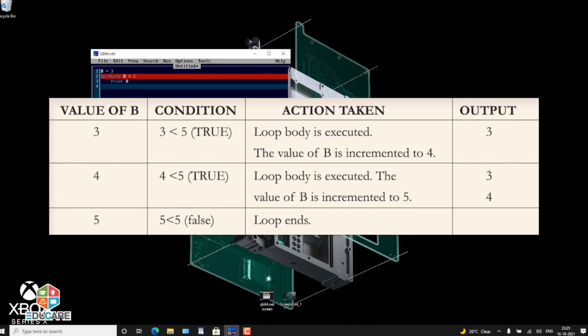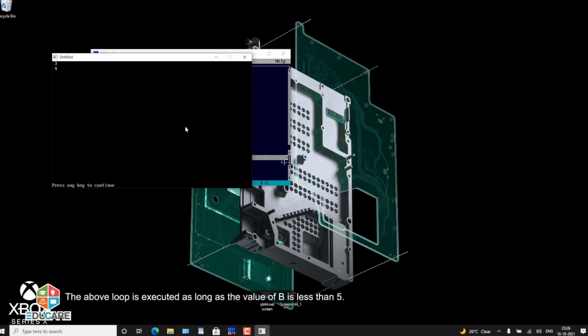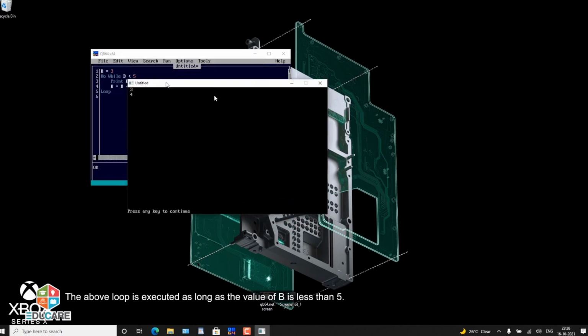The value of b is incremented to 4. 4 < 5, true. Loop body is executed. The value of b is incremented to 5. 5 < 5, false. Loop ends. The above loop is executed as long as the value of b is less than 5.